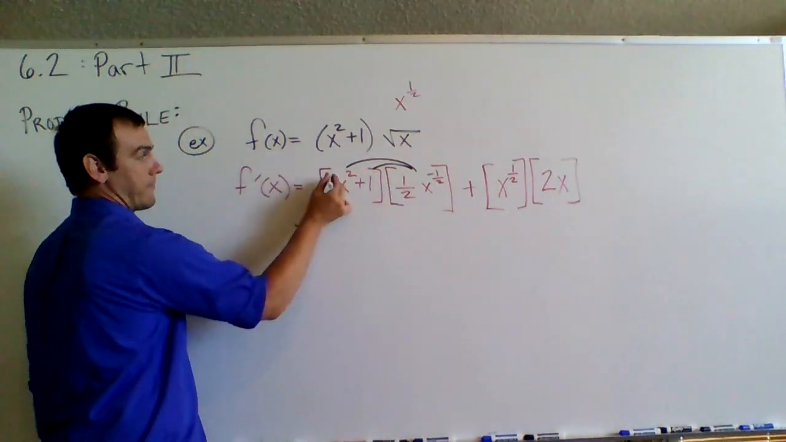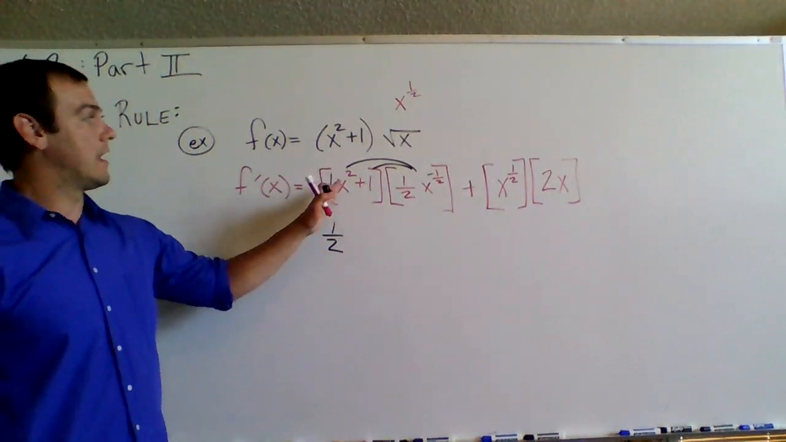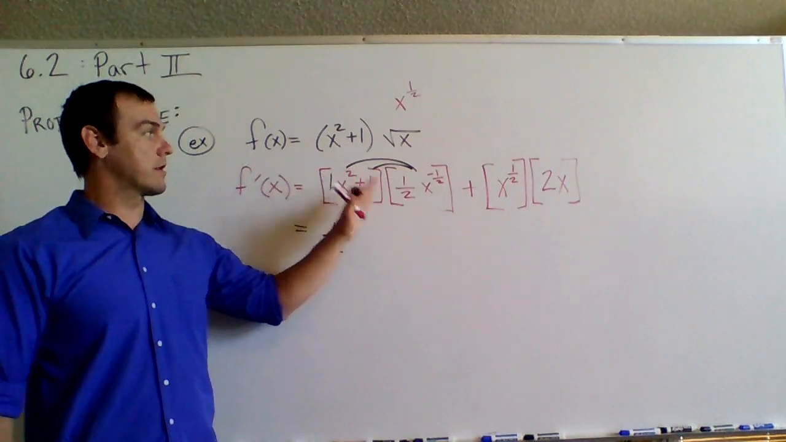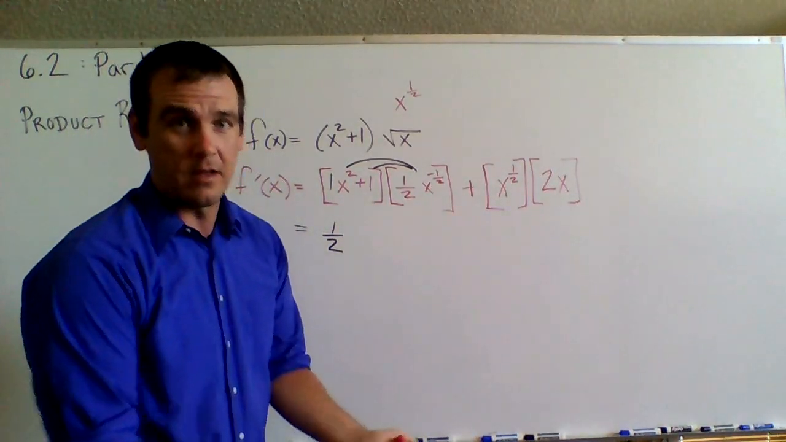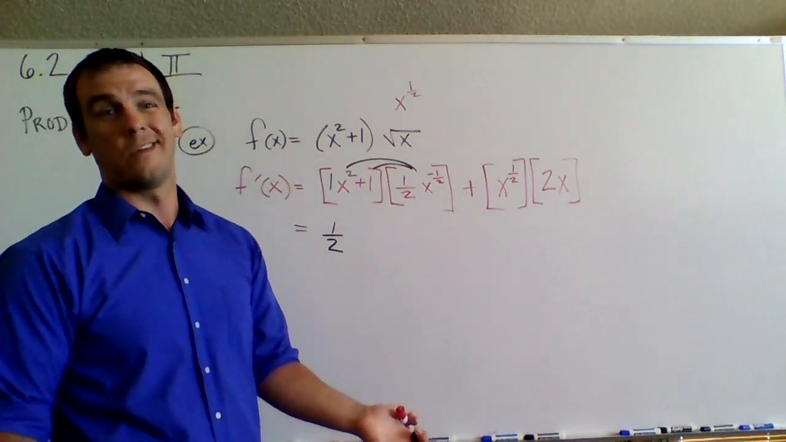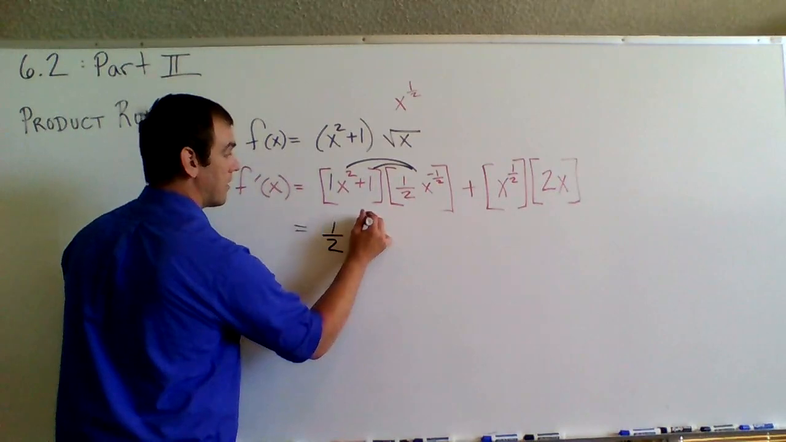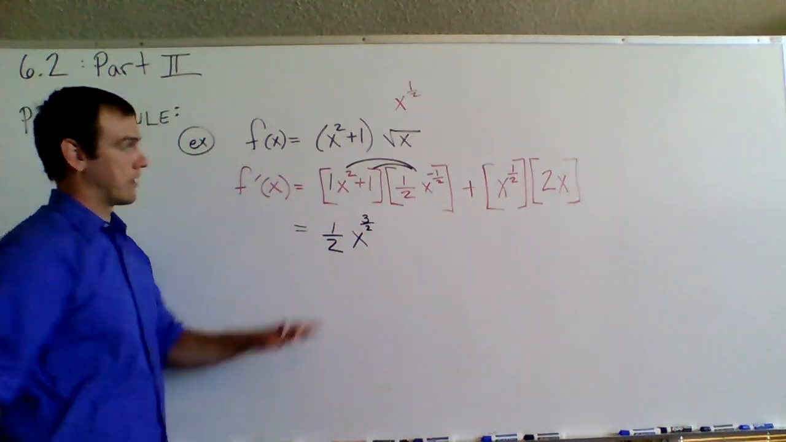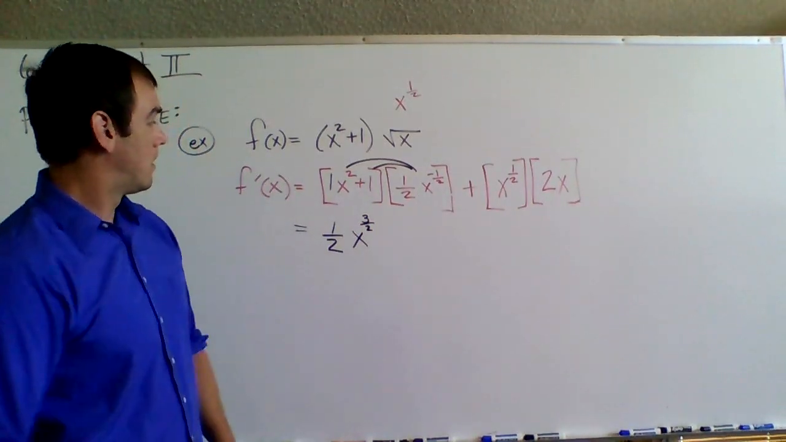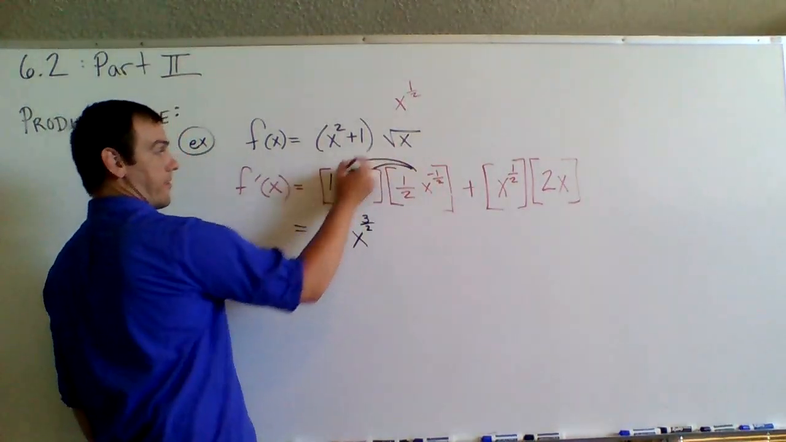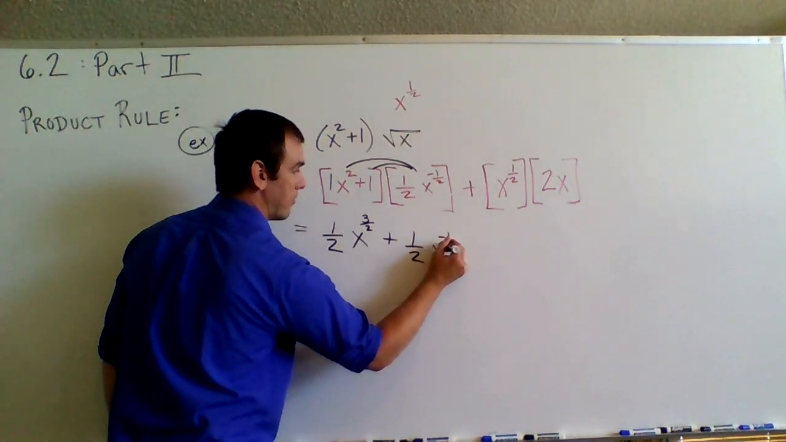Okay, so 1/2 times 1 is still going to be 1/2. x squared times x to the negative 1/2, once you just add those together, 2 plus a negative 1/2 is going to make x to the 3/2, because that'd be like 4/2 minus 1/2. Alright, so that was just my first term here, and then we have a plus 1/2 x to the negative 1/2,